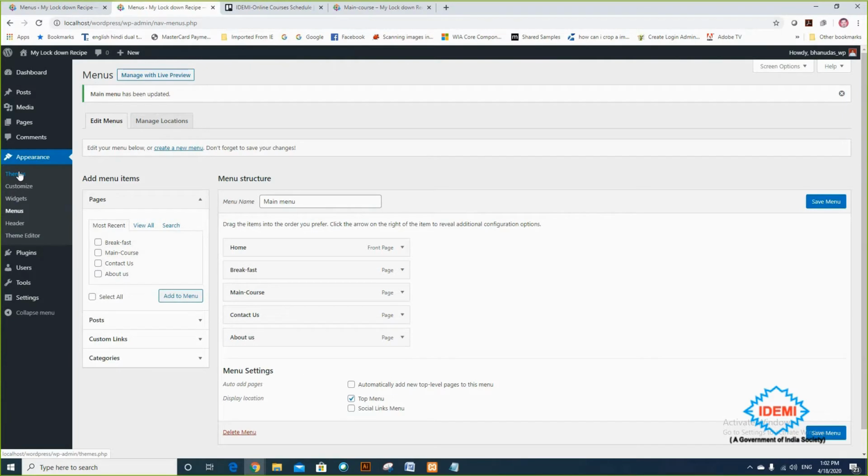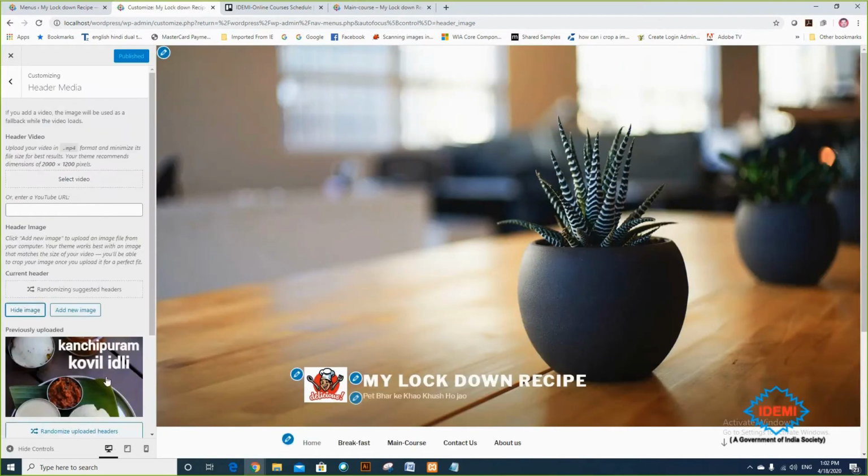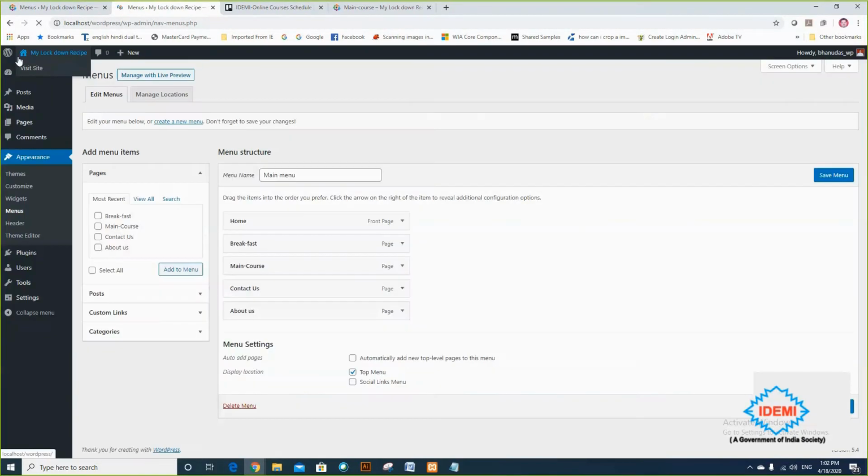So hope you understood what customize and the menu part are. And header is also there. You can change the information, so it will again take you to the customization part, the same place. So I'm not going to explain the header because it will take you to the customization part.